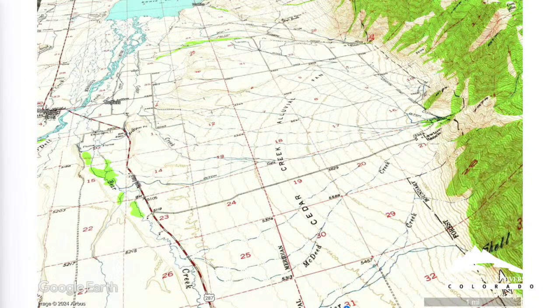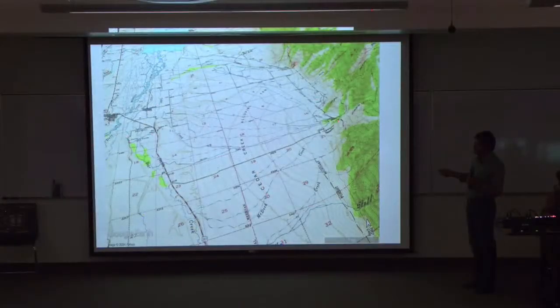This is the topographic map. You can see how these contour lines are radiating from the apex of the fan. That's the apex of the fan. That's where it's exiting the mountain front and depositing this stuff, which would have probably ended up in the stream if it was not trapped here.